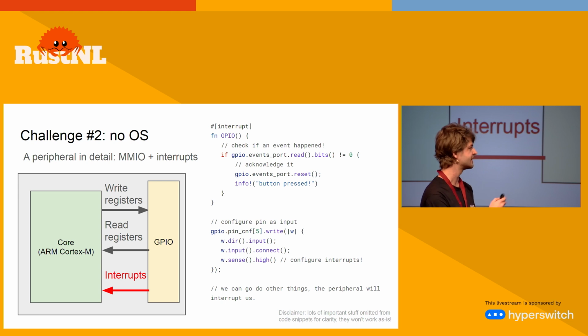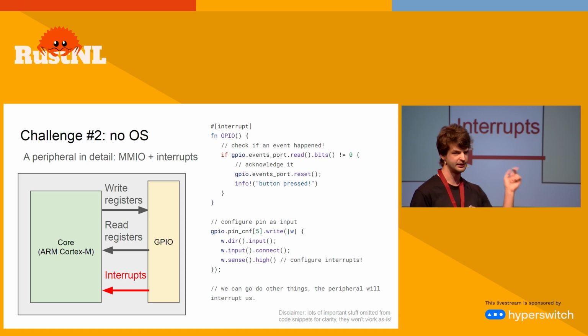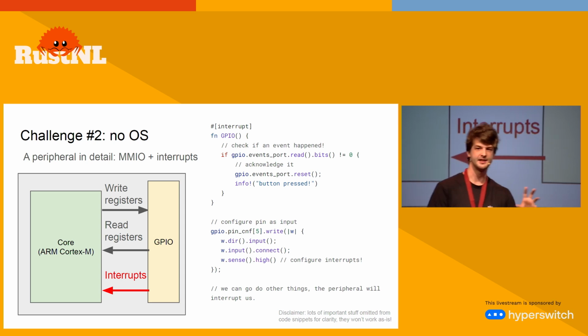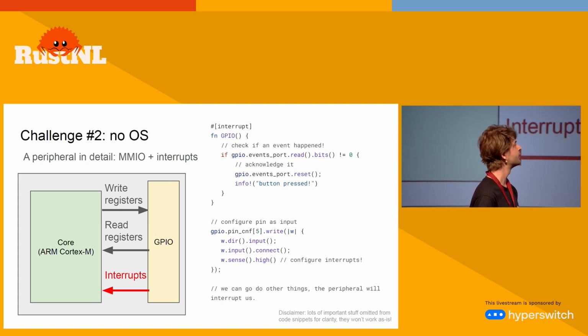So to solve this, peripherals also have this thing called interrupts, which is an extra signal from the peripheral to the core, where the peripheral can say, hey, something happened. And then when a peripheral fires an interrupt, the core will magically stop executing wherever it was executing. It will interrupt execution, hence the name, interrupt. And it will jump to an interrupt handler, which is this function at the top with this interrupt attribute. As you can see, this function is never called. And this is not because the example is abbreviated. This function is really never called from the rest of your code. It's called by the hardware. It's like a callback that the peripheral sends you.